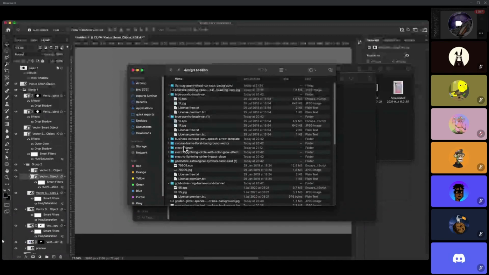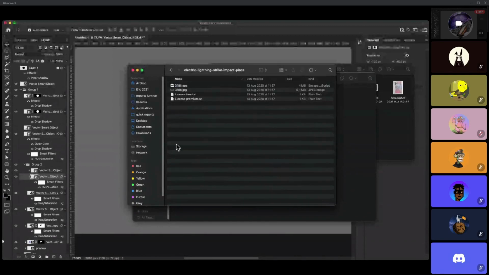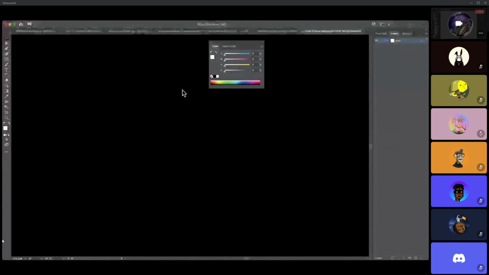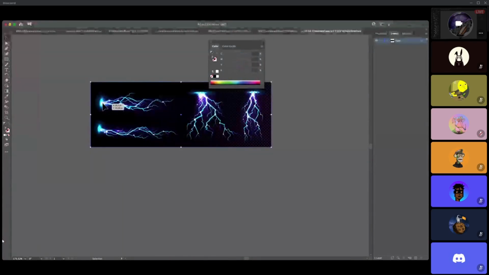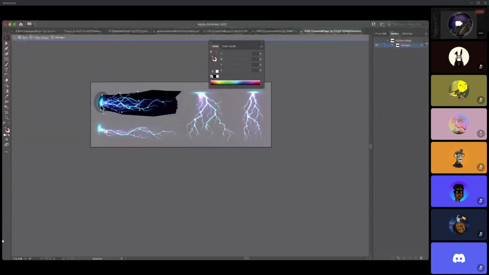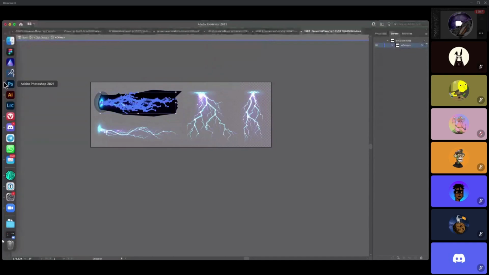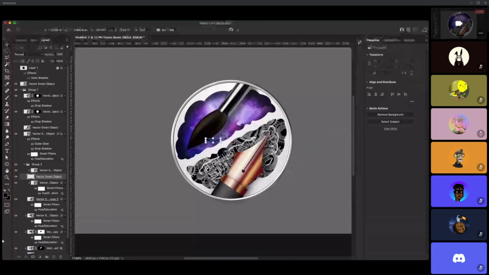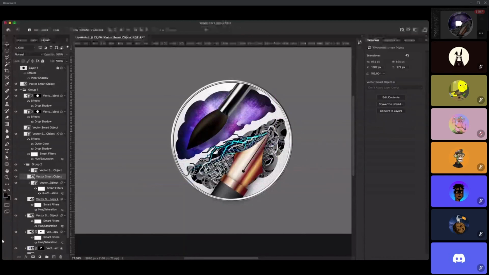So I got some electric lightning, for example, like so, and you can simply pick one. There are too many, so I'll just take this, Command C. I'll drop it here, and now you see there is a little lightning bolt that you can add to your composition, and that adds a bit of interest to your portfolios.